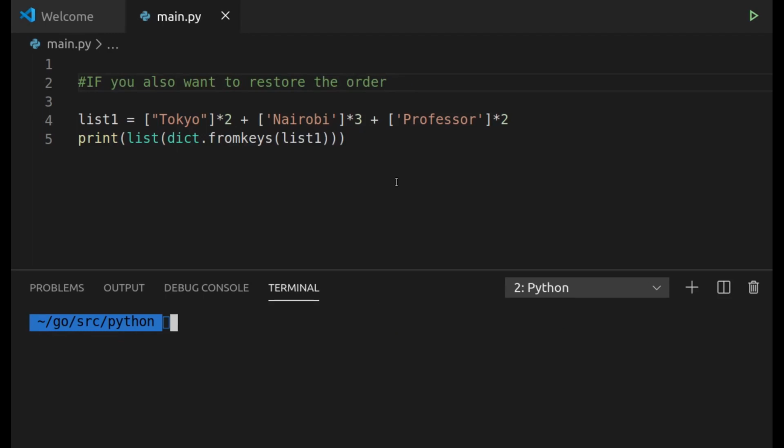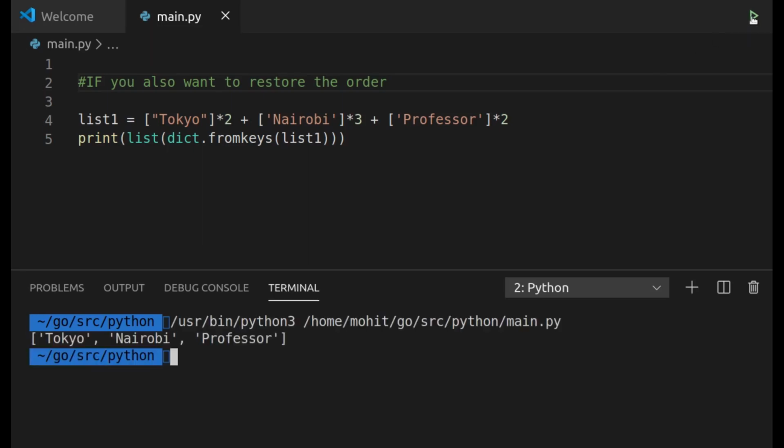In the previous example, we have seen that the list order was not retained. In this one, we will use a dictionary to do so. Here we are using fromkeys, which will fetch all the unique values and the order will be maintained. Now we will convert the data type to list, and when we print the output, we can see that we have a list with unique items and also the list order is maintained.